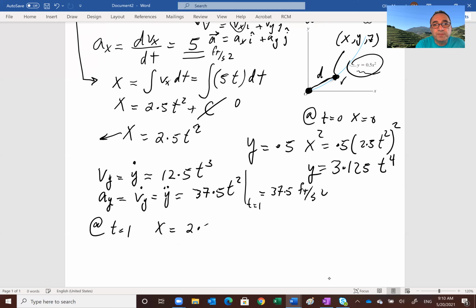If you put t equal 1, that's 2.5 feet. What about y? Y is right here. Y is 3.125 when you put t equal 1, 1 to the power 4, right? So you're all set. This is the 0, 0 position, origin. Now you have gone to the 2.5